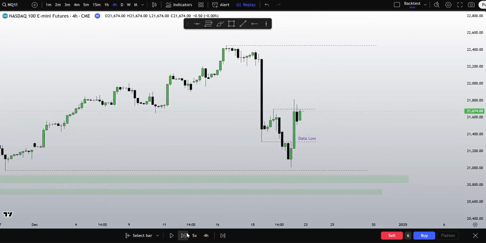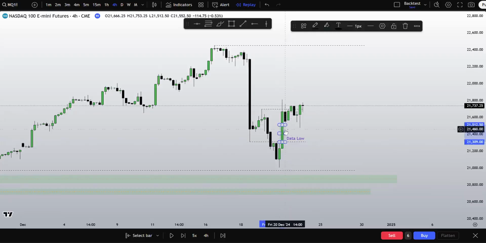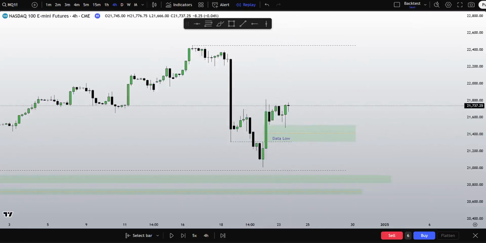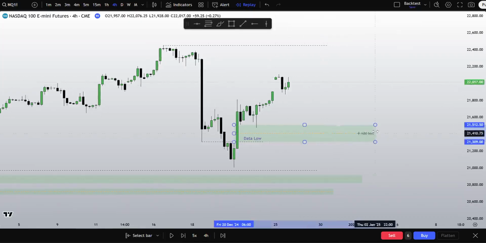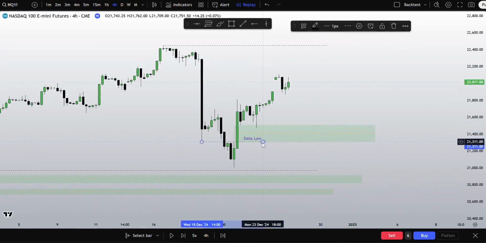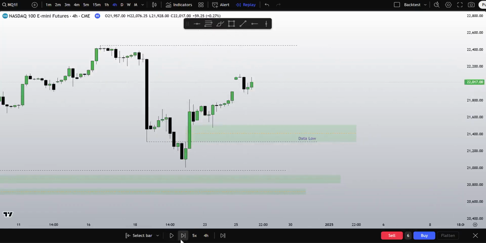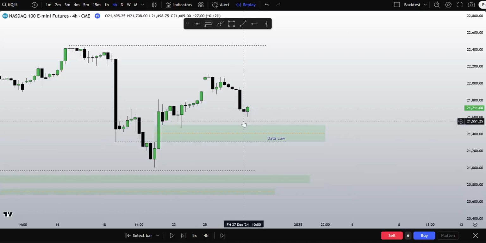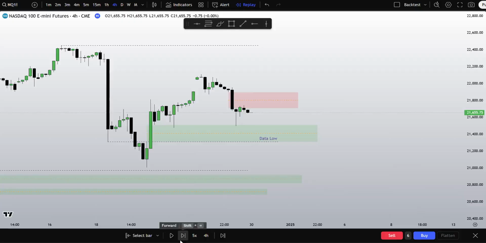I want to see what we do now. This gets respected. So we can definitely see price continue higher. That's what we see. Again, take into account that we are in this big gap, but this gap typically I won't mark out in terms of data. It typically always gets dug into to some degree. Again, imbalance gets tapped into, opposing imbalance right here. I want to see how we react at this point.